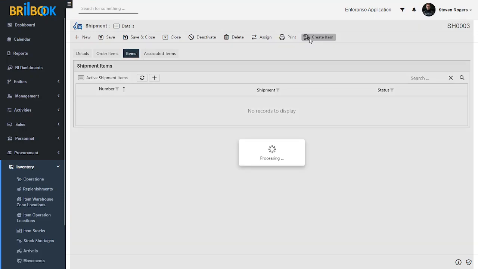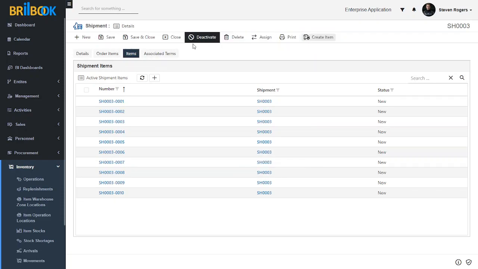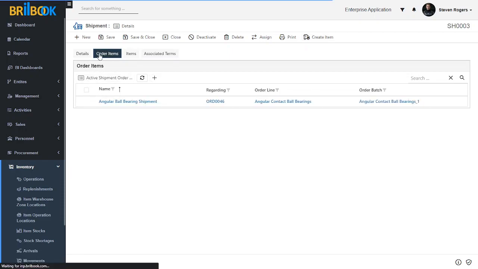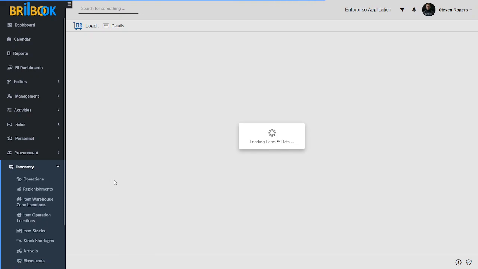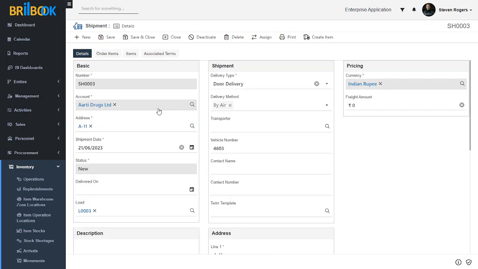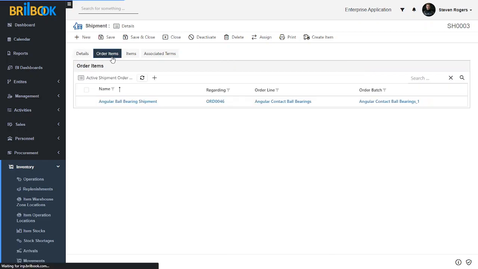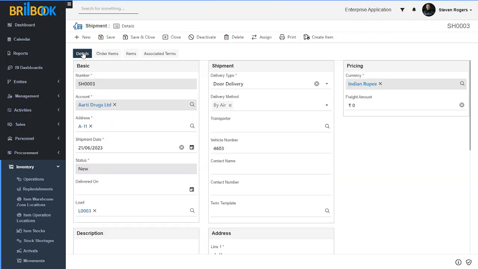Now click on create item button, and we can see that under the items tab our shipment items are created. Now we will go back to the load record. On the load detail page, now status of our shipment is new. We have created our order items and we have created our shipment items. After that we will